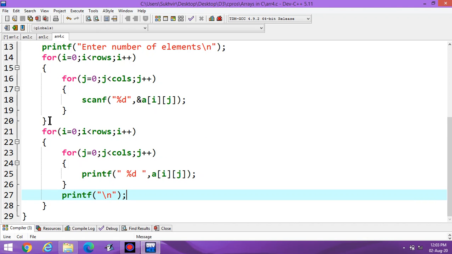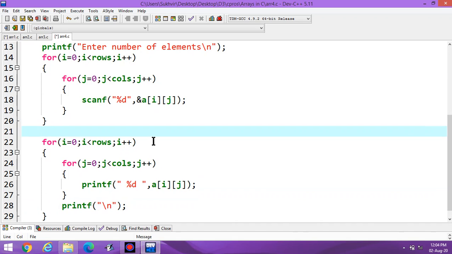Here you can write printf matrix of the order, inside bracket you can write %d star %d, like this.